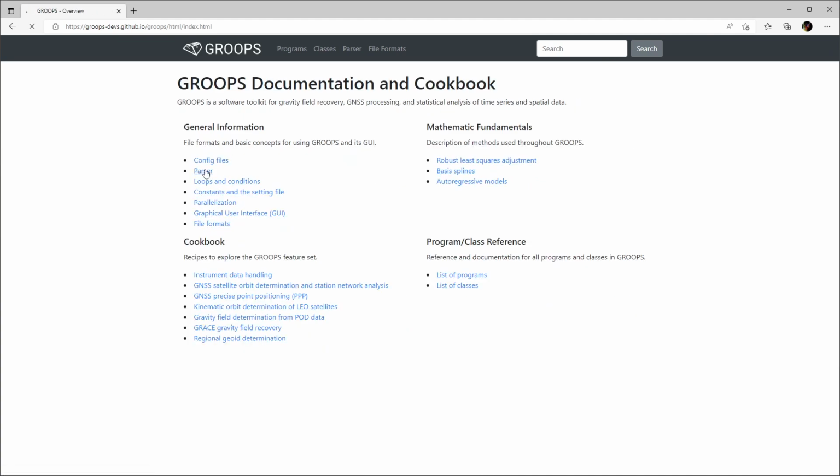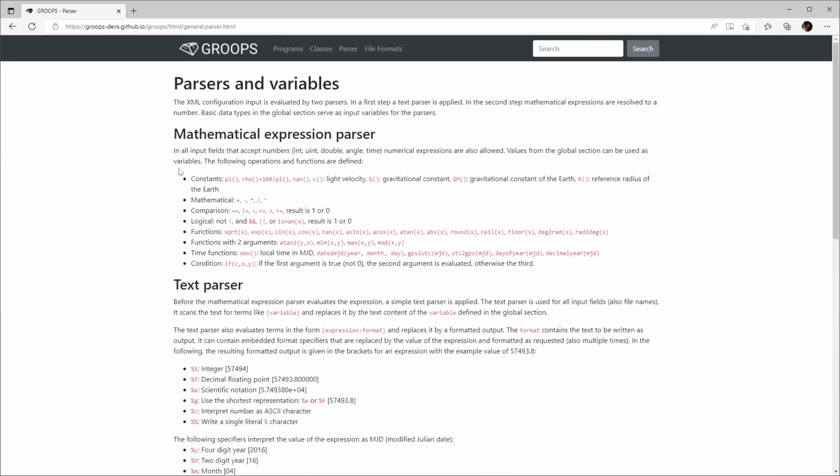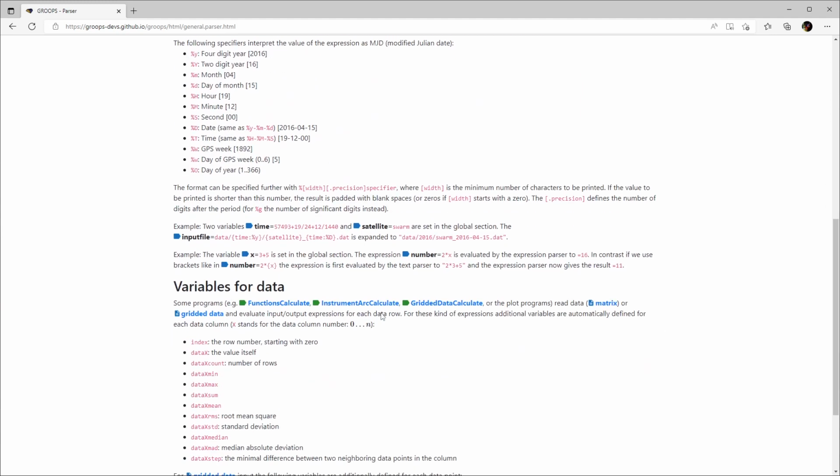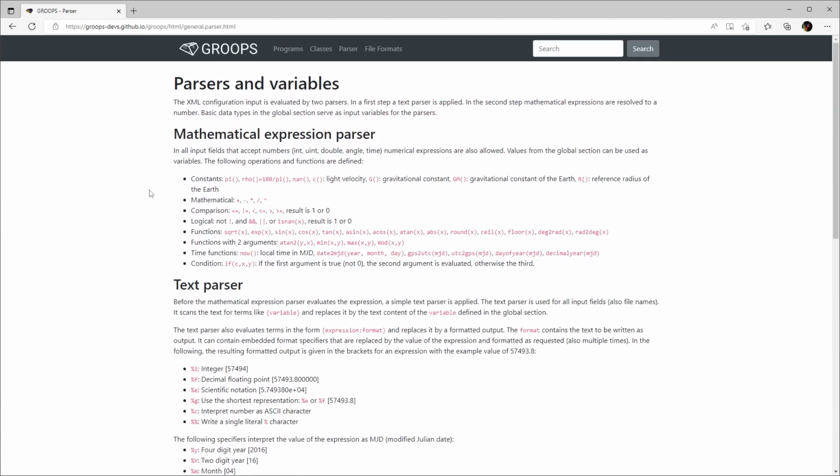If you go to Parser, here's a list of the mathematical expressions that are supported, logical expressions, functions with multiple arguments, and so on. And there's also the text parser. You can see earlier we used percent year, month, day, but also %D, capital D, for the date. So here there's an explanation of these